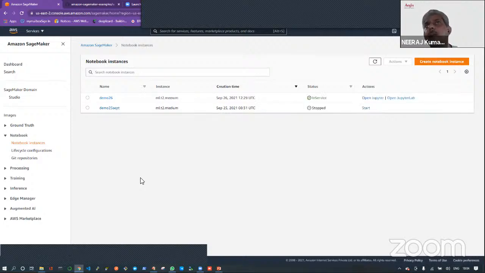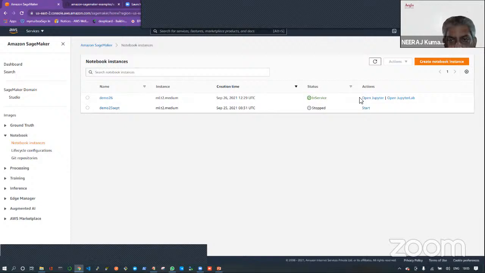It's not a service. A service is more about providing an API. Like for Rekognition, you will get the API. That's why it is a service. It's not a platform. But SageMaker is a platform which provides you a very consolidated environment where you can do whatever activity you want to do as a data scientist. And that's why it's a platform. It's not a service. So that's a very important distinction between the things, right? So SageMaker is not a service, it's a platform.